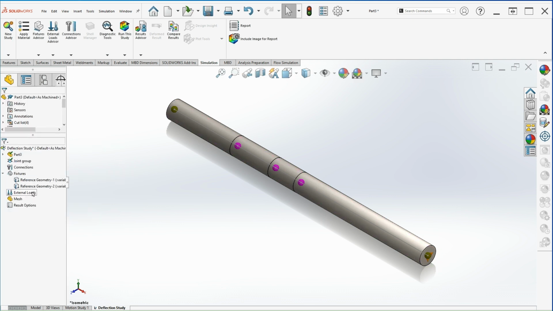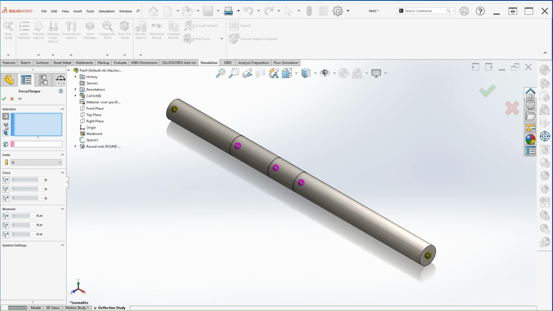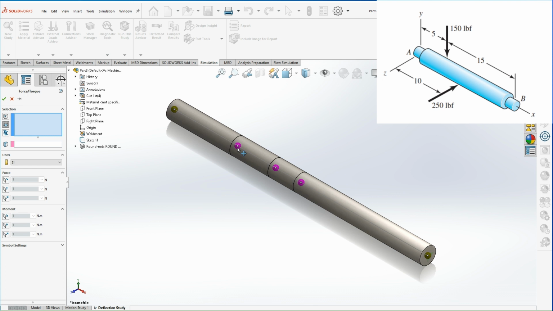The next step is the load, so external load, and then select force. One more time, we need to select the joint because that's what we have for this problem. So select the first one. This is going to be the 150 pound force. So that will be the location. The reference point